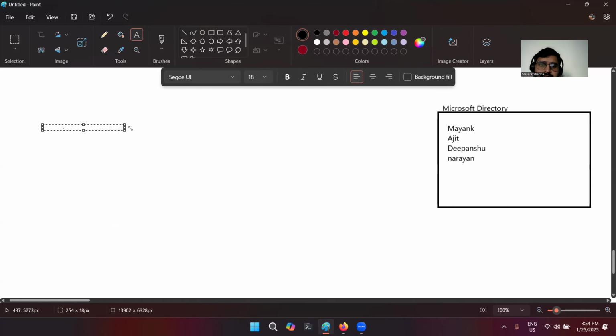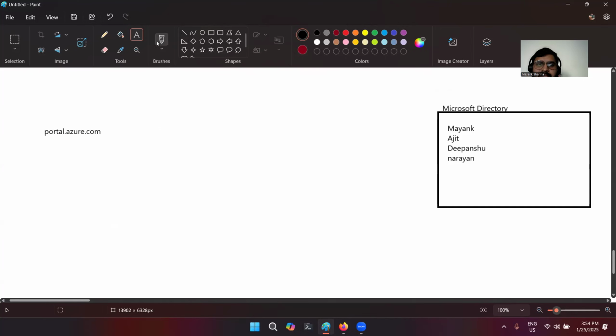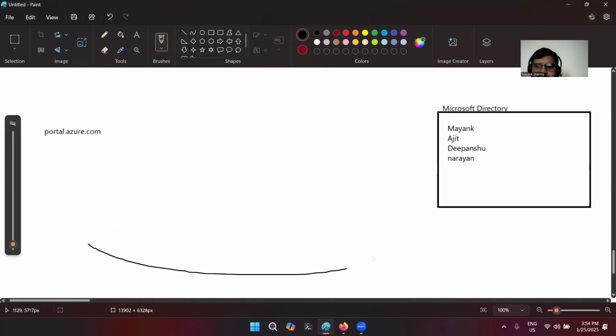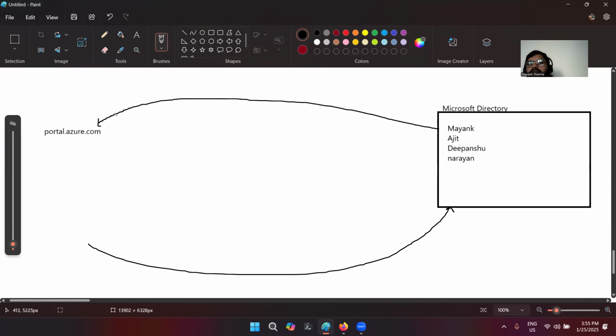when we sign in on portal.azure.com, first of all we go to the Microsoft directory. It checks and authenticates everything, and sees that this is Mayank Sharma. Then it sends our request to portal.azure.com. Now this part comes only when we are doing our first sign-on, when we are creating our account.